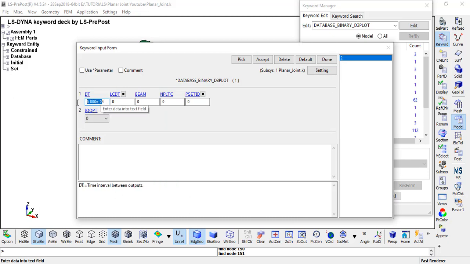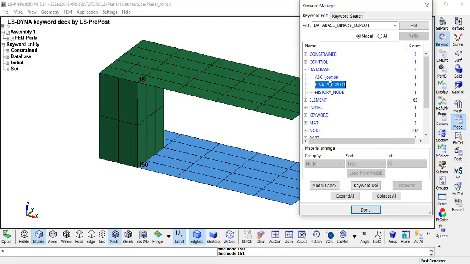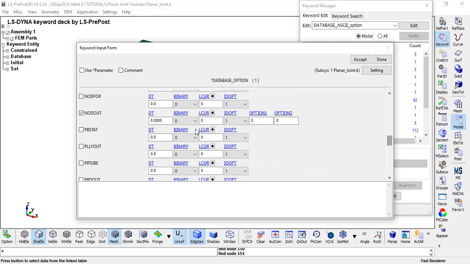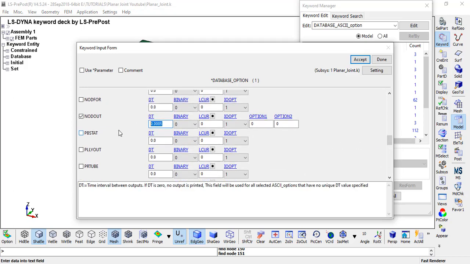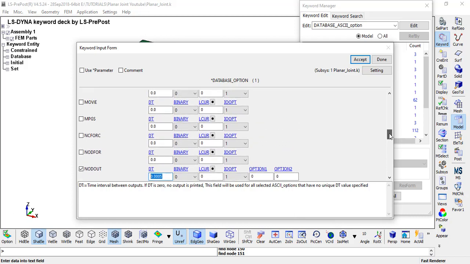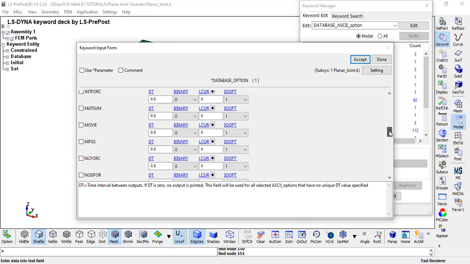For this, the dt time is the interval of the output for each animation that you want, and this is the ASCII file. I just wanted the node output, so I gave 5e minus 4, which is 0.0005.